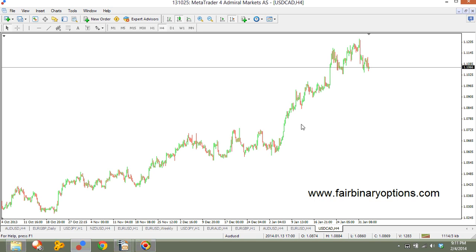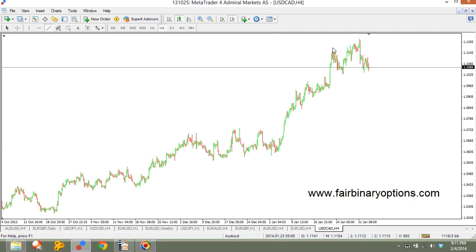Why end of week? Because we have quite a lot of important data to come. I'm talking about the non-farm payrolls in the United States, and the jobs data in Canada on Friday. So we want to avoid that kind of volatility. What is the rising wedge we are looking for? This is a 4-hour chart on the